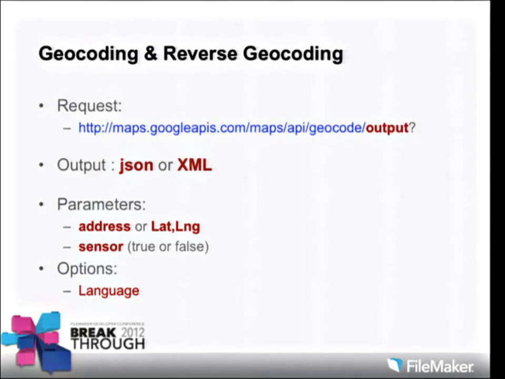The request is pretty simple. You've seen the previous request, which was just a URL. This one is still the same. You have this fixed URL, which basically tells the web viewer where to go, or tells Insert from URL where to go. Then you have a few parameters. You need to specify the output,